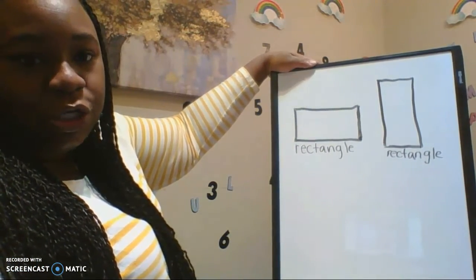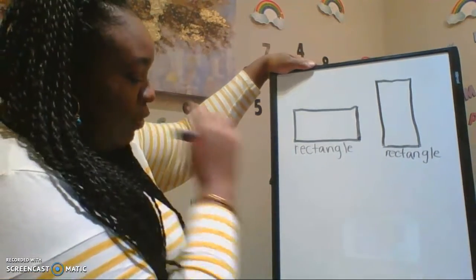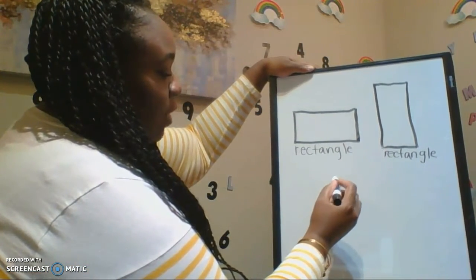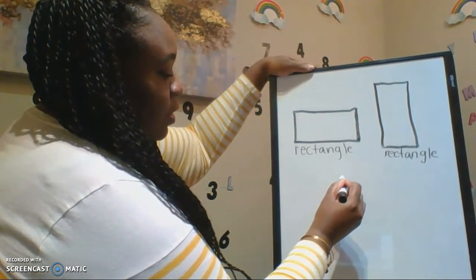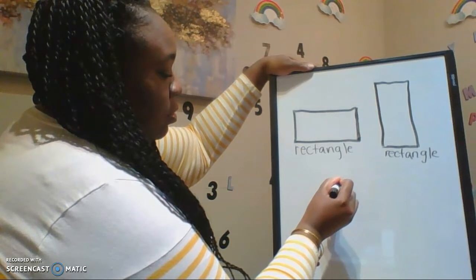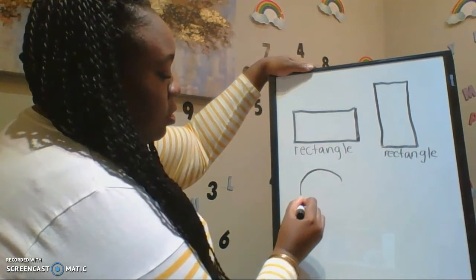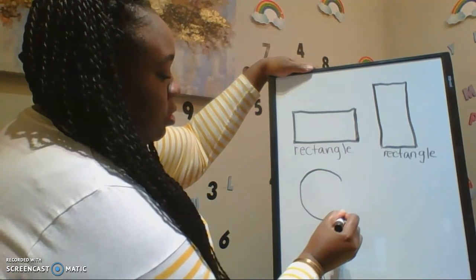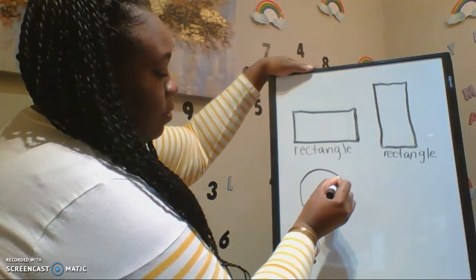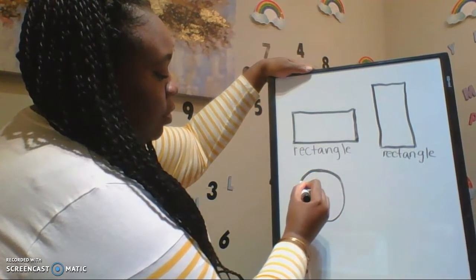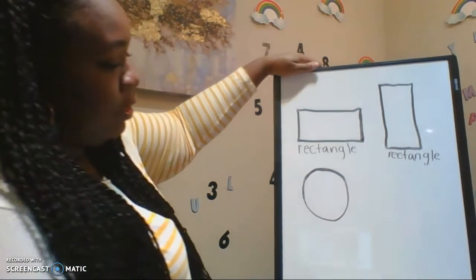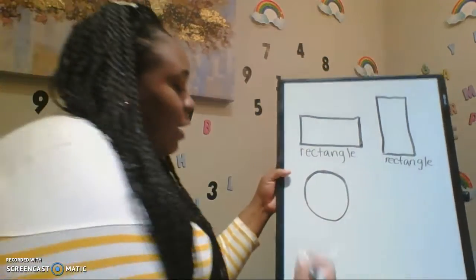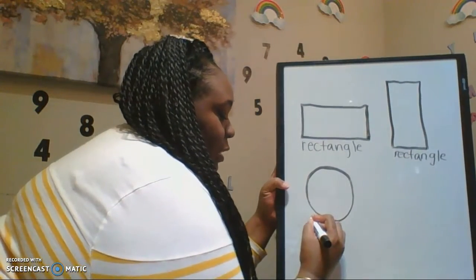Also, we're going to use a circle. And we know that circles go around and around, right? So here's my circle. Around and around. Okay, I'm going to just curve that over again. So that's my circle. And circle is spelled